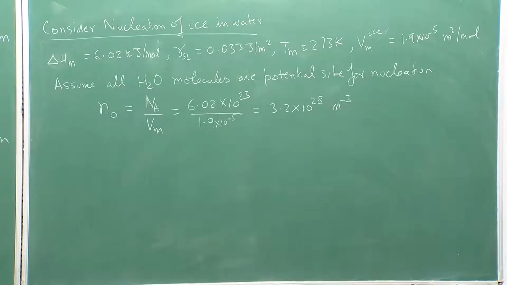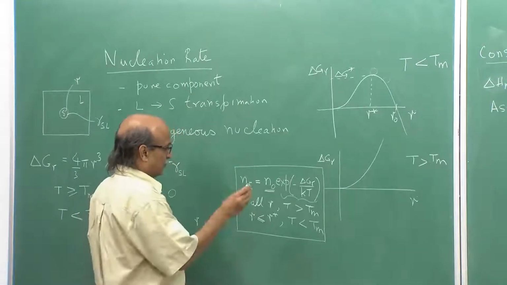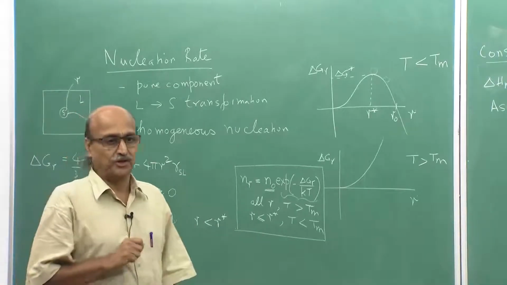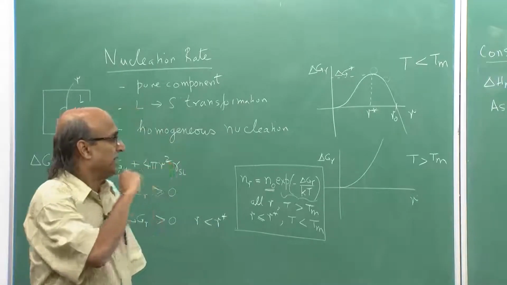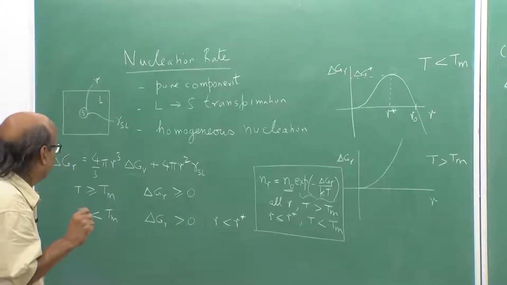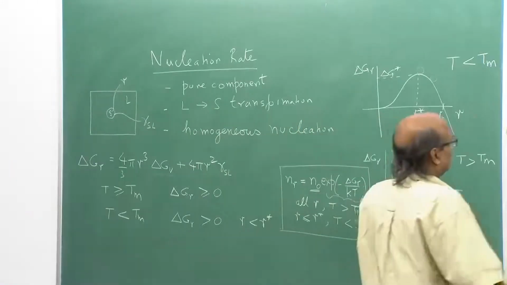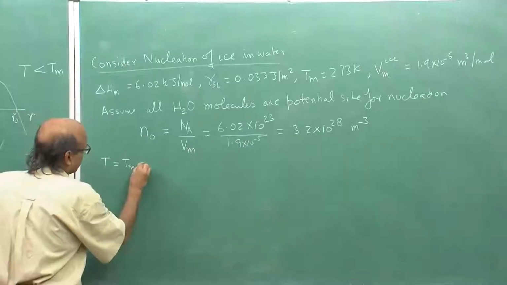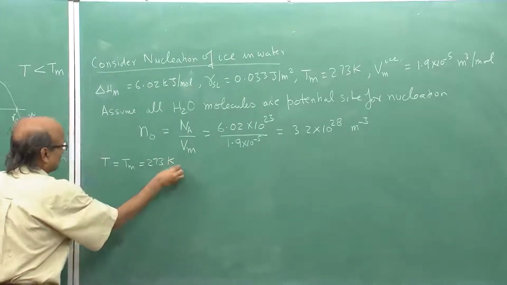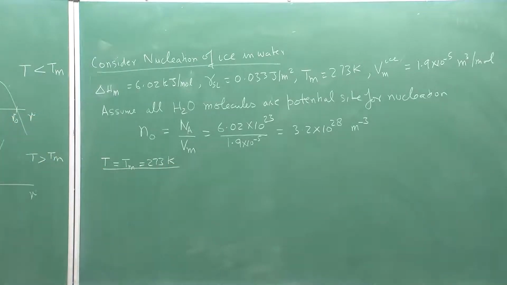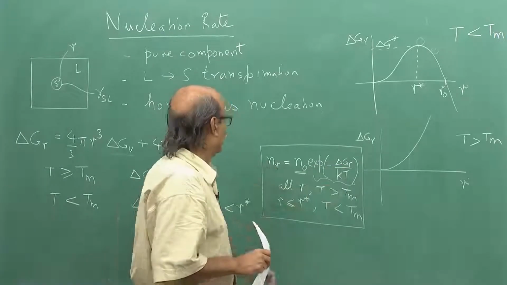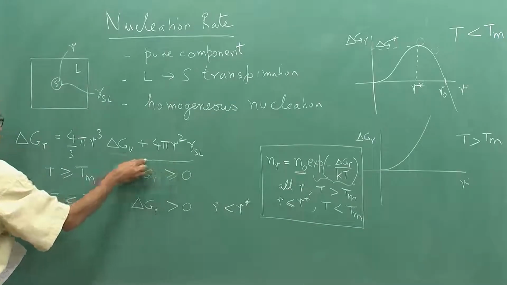Now, let us try and see what kind of estimates for NR I get for different sizes of the nuclei nucleating at a specific temperature. And let us also consider this at the melting point itself. So, let us take the temperature to be equal to Tm, which is equal to 273 degrees Kelvin. At this temperature, what I need to do? First, I need to calculate the change in free energy for a given size of the nucleus R. So, delta GR, which is given by this relationship,